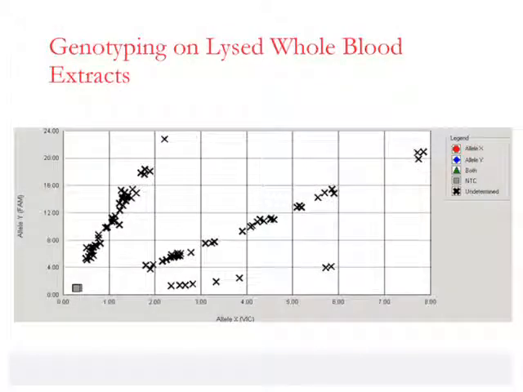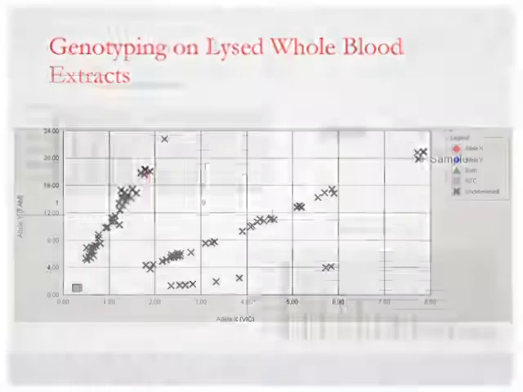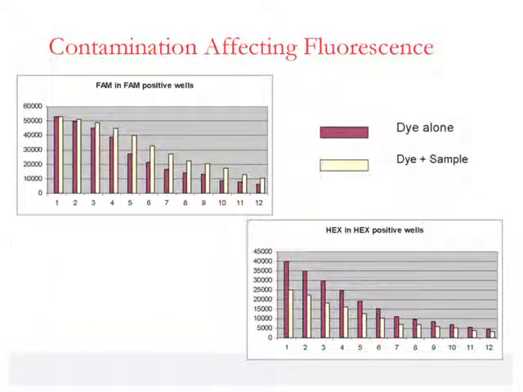However, these are the data that are derived using exactly the same assays, only in this case it was unfortunate that the sample had been allowed to lyse prior to the genotyping experiment. So clearly we can expect that there would be the presence of heme remaining in the purified DNA. So on the previous slide, we saw that the presence of heme was seriously impacting on the quality of the genotyping assay. And after a series of studies, we recognized that it was the presence of heme that was affecting